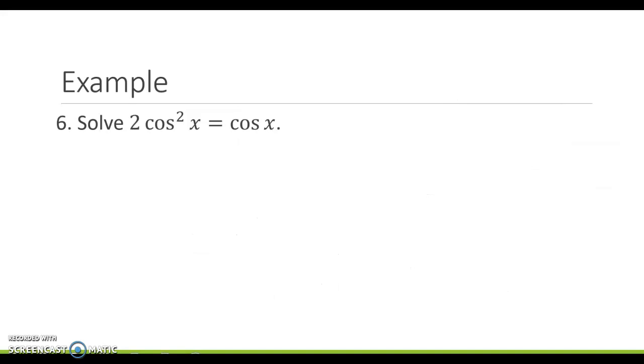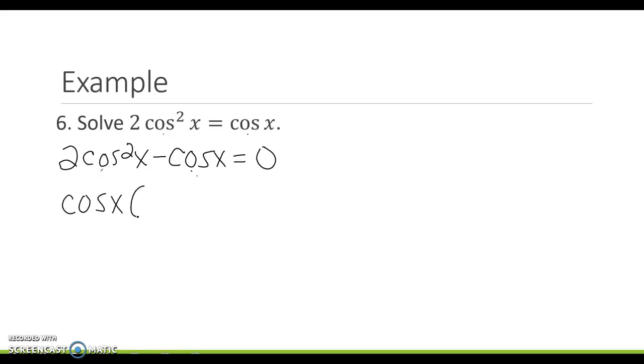Next example. So we have 2 cosine squared of x equals cosine of x. Again, we're going to represent our answer with all real values. This one, so I have a cosine squared, I have a regular cosine. I'm going to have to factor this. So we want to first start by setting it equal to 0. So I'm going to subtract that cosine of x to the other side. I can't combine these because they're not like terms, but what I can do now is factor out a cosine from both,